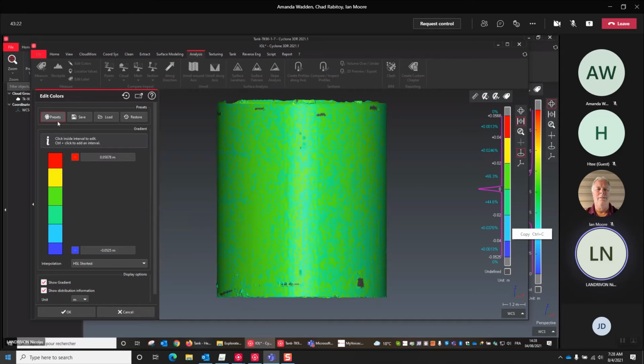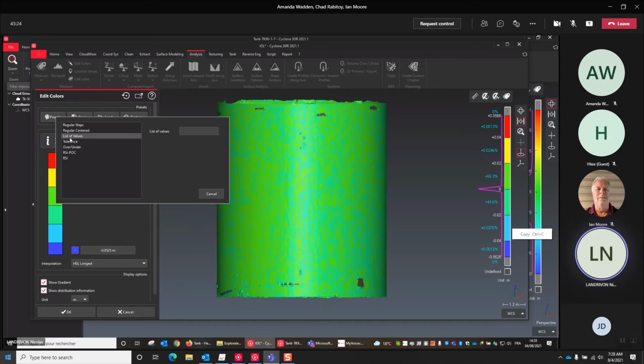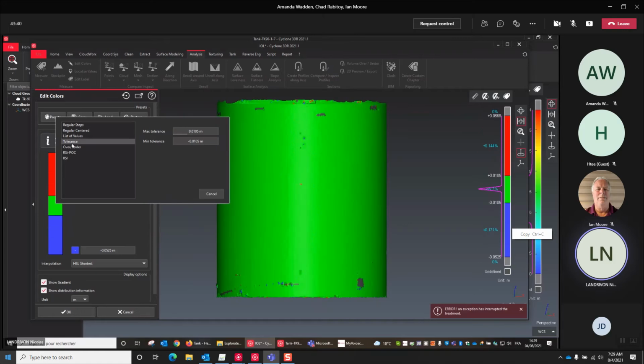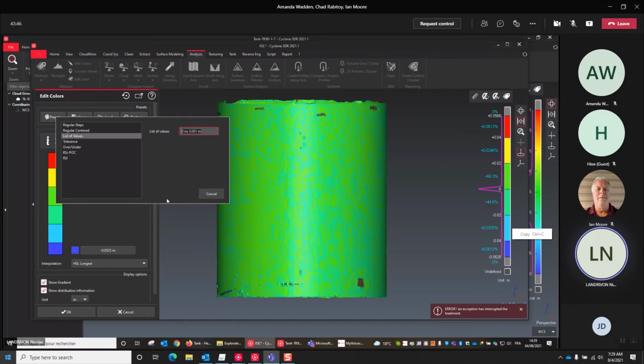If you want, you've also got a list of values, so you can check the deviation between 0 and 0.1 millimeter. Oops, I made a mistake. Okay. Why is it 0, 0? Okay.